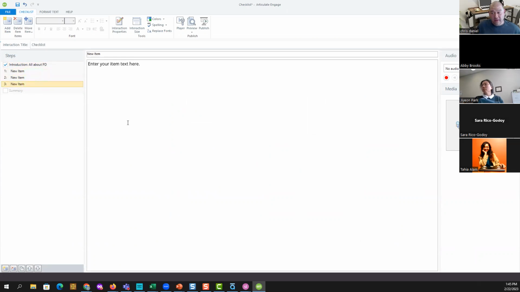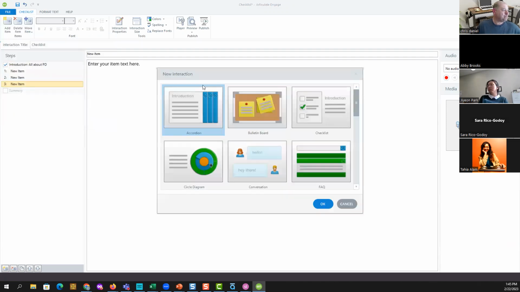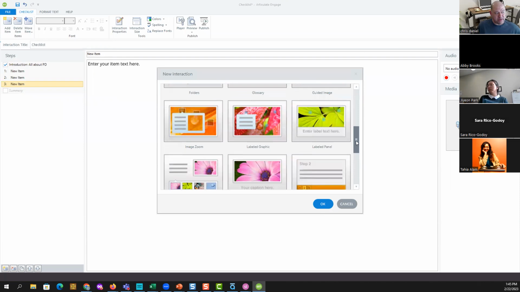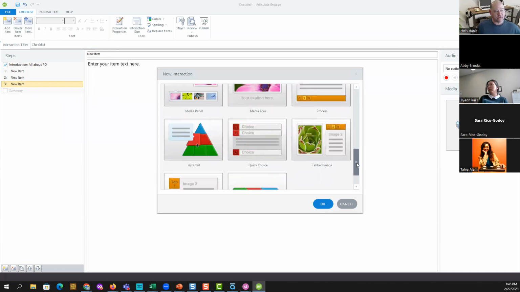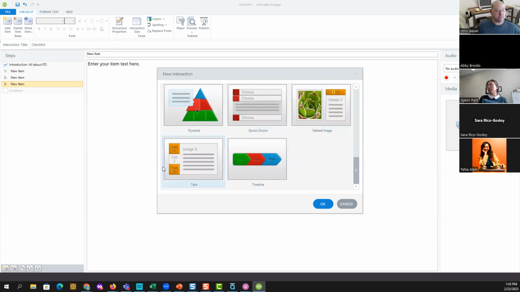So you can download that immediately, and you can create these Engage interactions, and students like them. I haven't heard a single student say, "Man, you've got too many of these in a course." And that's low-hanging fruit. You just have to bring the content, know which steps you want, know which particular interaction template might be the best fit, whether it's tabbed image or some sort of pyramid, a timeline. Figure out what fits, bring your content to it,